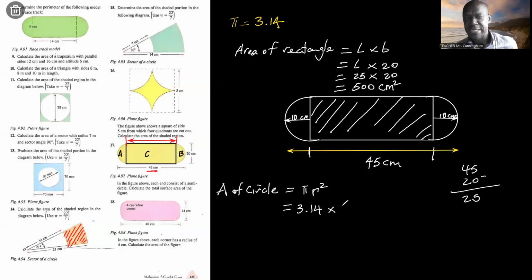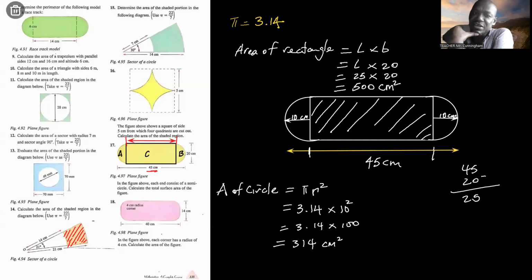The radius was 10. So that's the area of a circle. Now, if we halve that, we find the area of one semicircle, and then the area of another one. So the total area